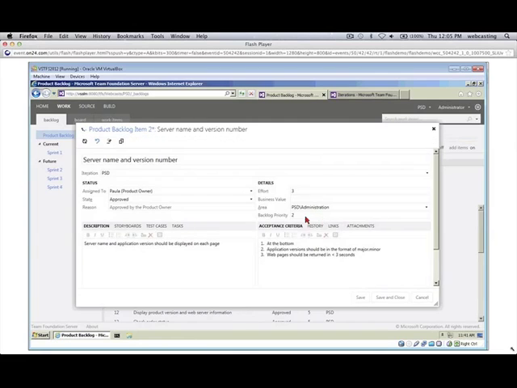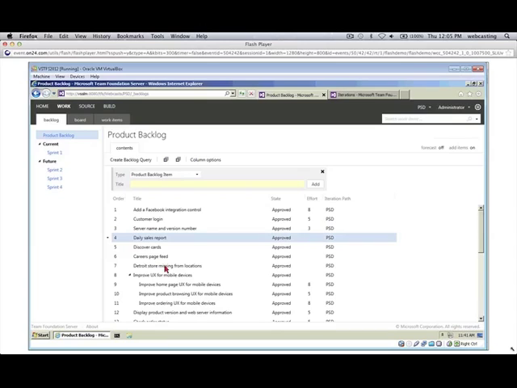Notice also you can have breakdowns here. You can have a parent level PBI. Some people call these epics, but they're basically PBIs that are too big to do on their own. So maybe this would be so many story points you could not, as a team, get it all accomplished in one sprint. So that means you have to decompose it into smaller stories or smaller PBIs. And this actually lets you set up this child linkage, because since TFS 2010, you've been able to have these hierarchies of work items. Well, we can now have parent-child relationships, PBI to PBI, displayed in here. And you can collapse these, and you can make it a little more user-friendly.